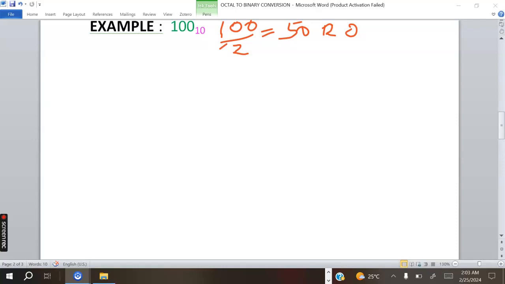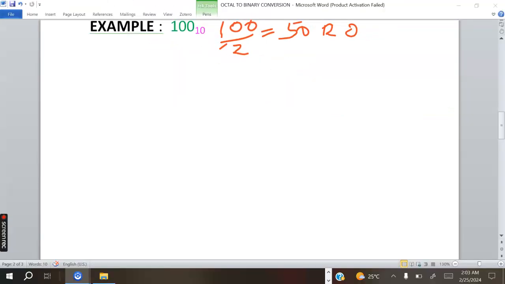Okay, sorry for that. So we have the 50 divided by 2, which will give us 25 remainder 0 as usual. Then the next part, the 25 now. 25 divided by 2, which is